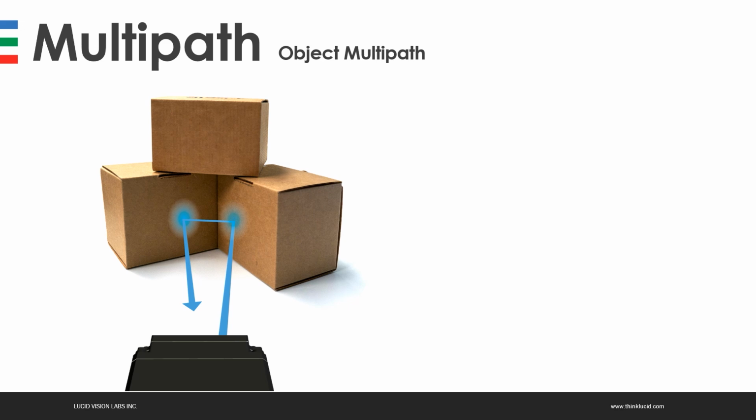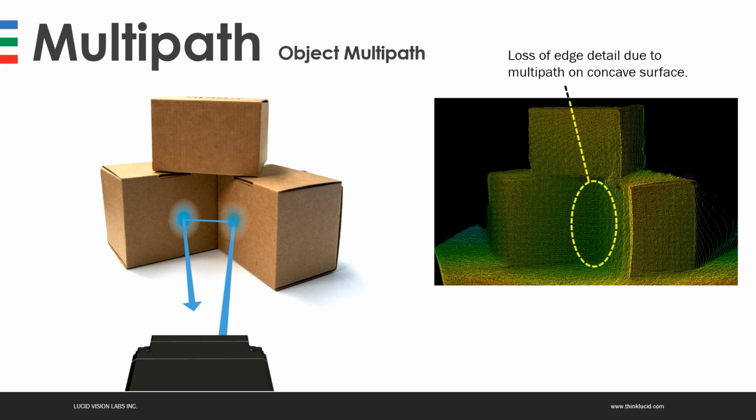Here we have 3 cardboard boxes with 2 of them placed together to create a concave angle between them. What's happening is that the emitted light from the Helios bounces off one surface, then onto another, and then finally back to the camera. Because of this, the camera has a hard time with that middle corner and a loss